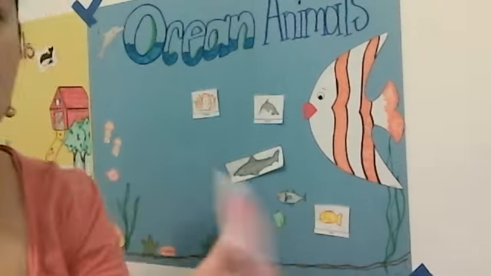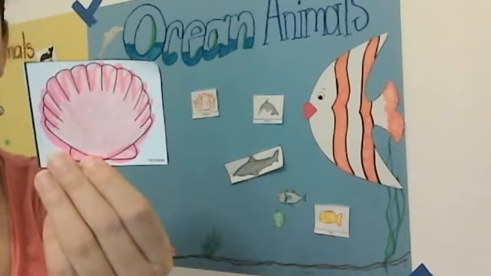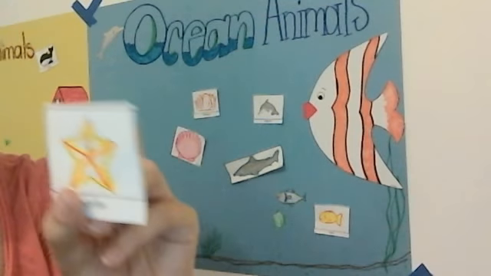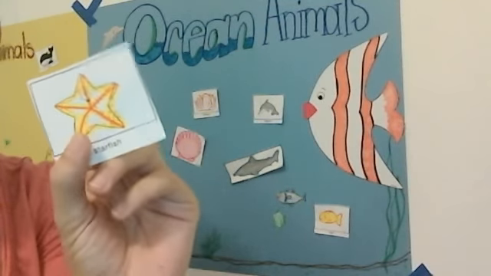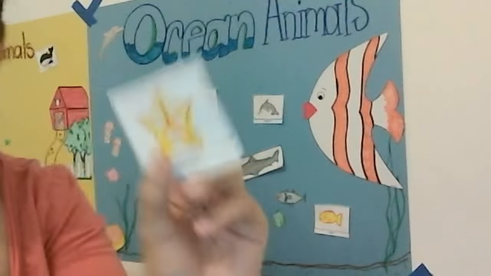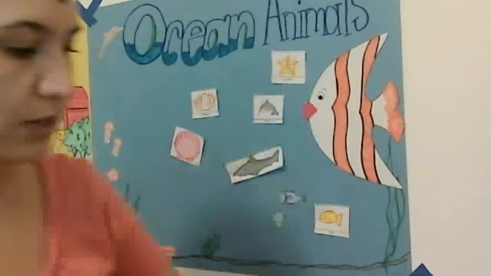Here's something else I can differentiate this game with. I have a clam, as well as a starfish. So these are for either a little older students, or this is a different way that I can differentiate this activity. Okay? As far as the farm animals,